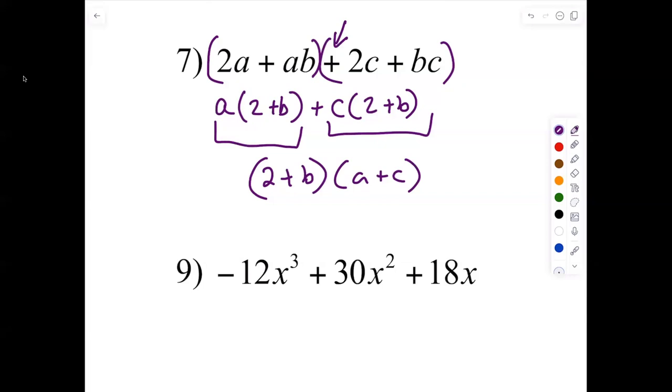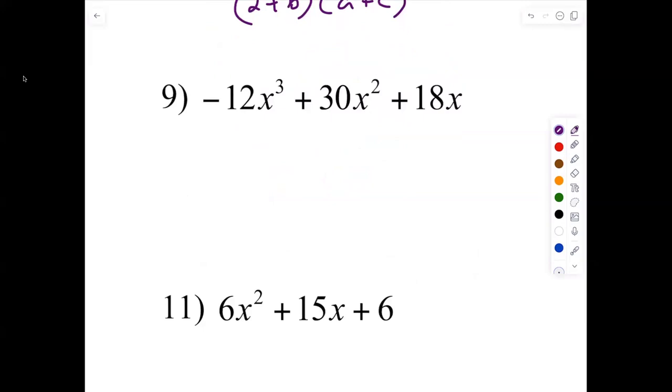For number 9, the leading coefficient I want to be positive. Right now it's negative. So whenever the leading coefficient is negative, it's easy if we factor out the negative. So in this case, what is common with 12, 30, 18? -6. We're going to say -6. And is there a common x? Yes, so we're going to say -6x, parentheses. What's left? 2x squared minus 5x